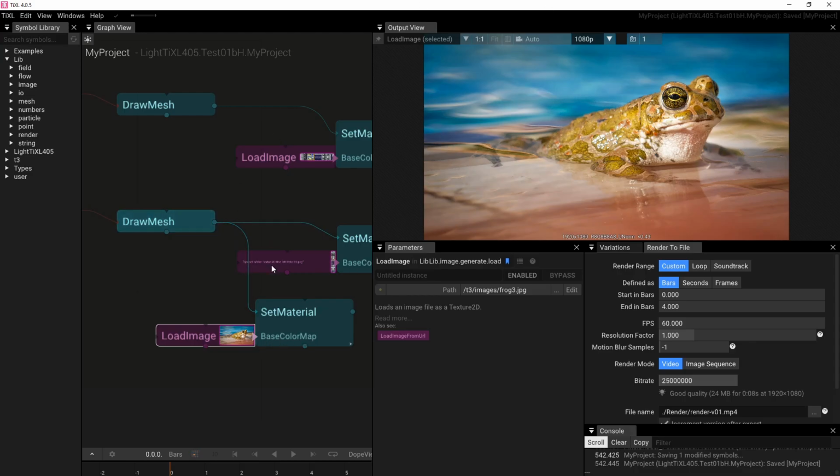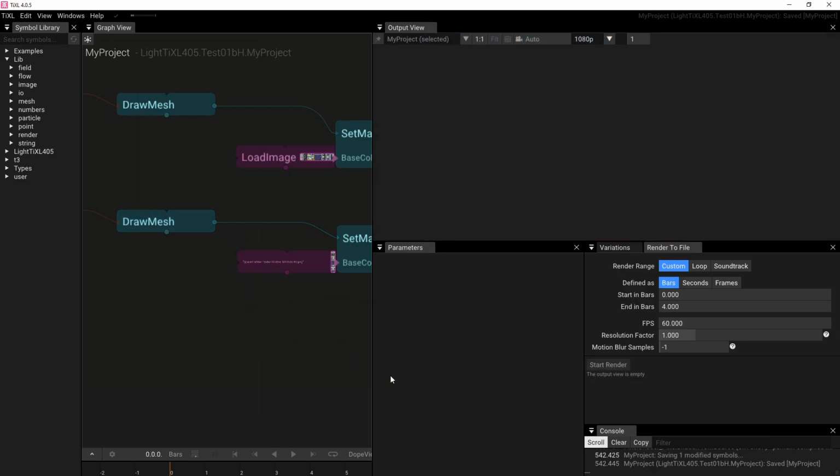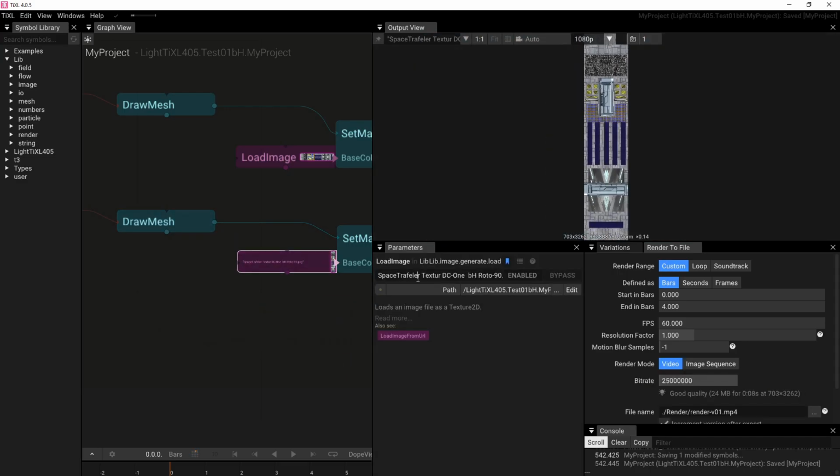Take that image that I have shown you before. It's called SpaceTraveler texture and so on. You see the name here. Okay, take that image, find it in your directory where you have put it in this folder,